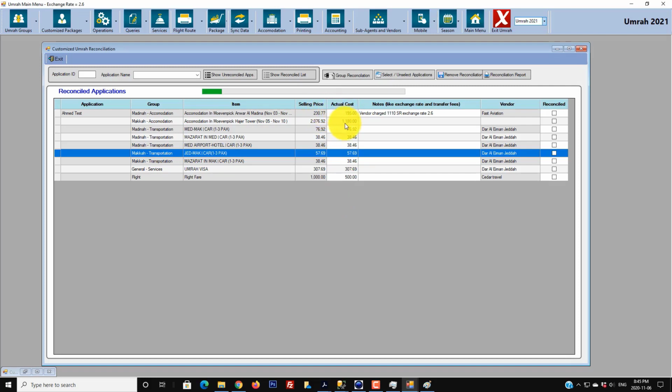What the system did here for this reconciliation is, number one, the system took this actual cost and went to each vendor and put this cost as due. So now you owe these people this cost, okay? And the system took the difference between the actual cost and the selling price and added it to your profit margin. So at the end, when you do a report for profit and loss, it will show you the profit and,